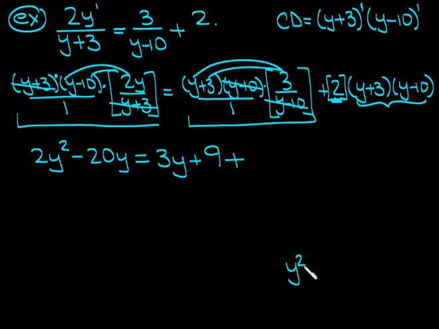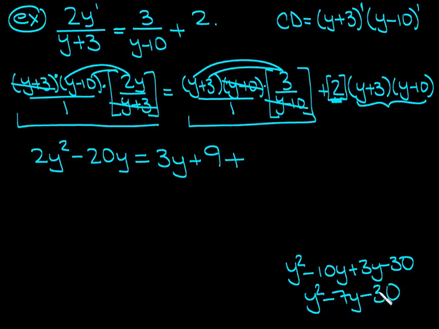So I get y squared minus 10y plus 3y minus 30. So you get y squared minus 7y minus 30. Okay, so that's what we end up with. So now I want to take this and multiply that by 2 because there's a 2 in the front. So you get 2y squared minus 14y